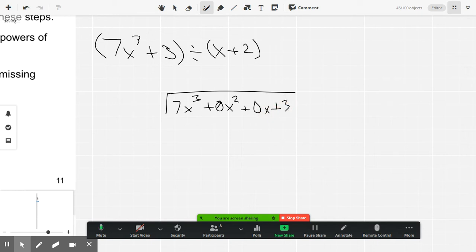So see, I haven't changed the value of that binomial. I just added 0 to it twice. When you add 0, we're not affecting anything, right? And then I'm going to put the x plus 2 out here. And then remember what we say. We say, okay,